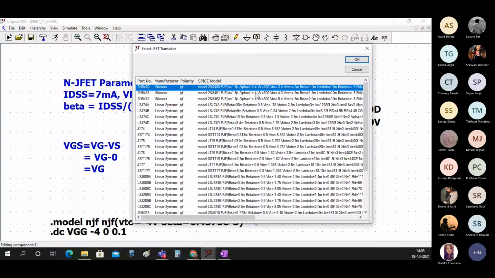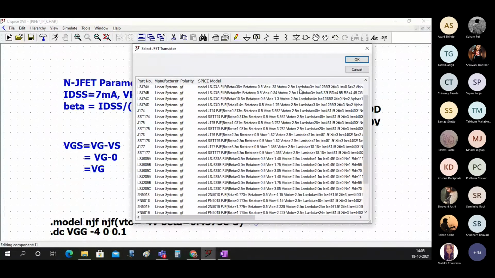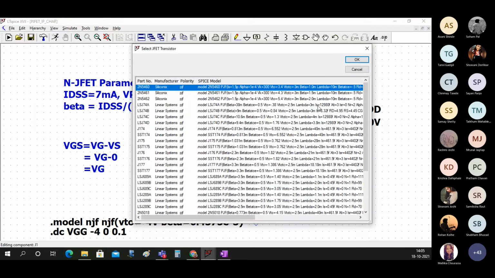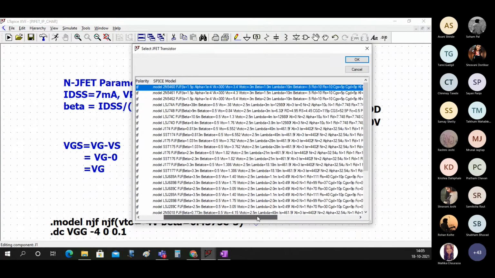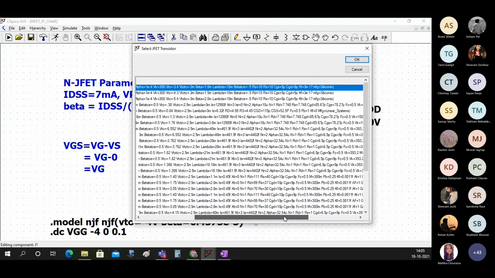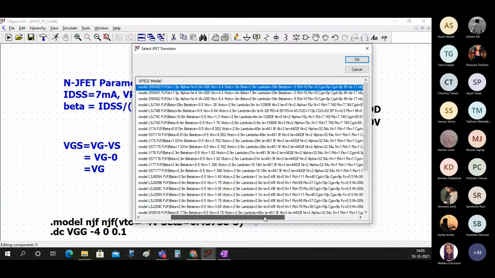With a small change, you should note here that for PJFET, the threshold voltage VTO is negative only.